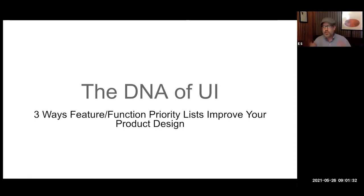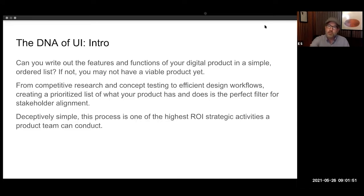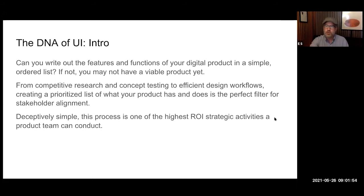This is a very short window to present, and so I present one of the briefest yet highest impact processes that I know of, which is putting together a feature function priority list. I'm assured that the slide is sharing on the screen there. Some of you may have read this from the intro to the presentation. Can you write out all the features and functions of your digital product in a simple ordered list? And I make the bold claim that if one can't, then one may not have an optimally